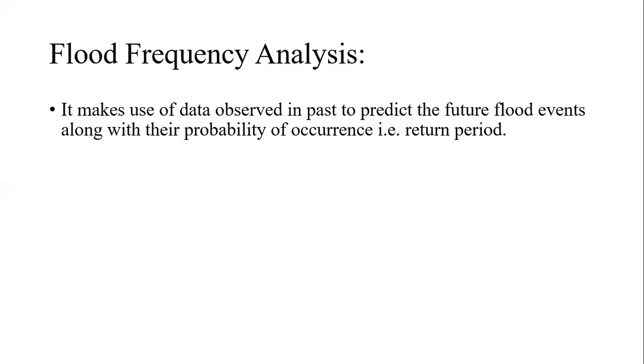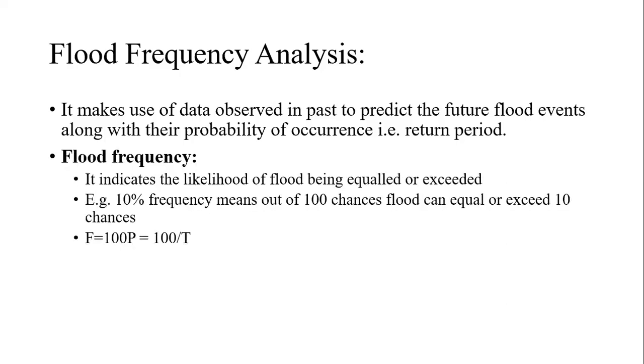Like with an unbiased die, when thrown, the outcomes are 1, 2, 3, 4, 5, 6, and we find the probability. Similarly here, the flood means the highest magnitude, that is 6. So when will it occur? 1/6, in one throw it will be 1/6. Here one throw is one event, one observation. Likewise if it has been thrown several times, say n times, then n/6 is the probability of occurrence. So here also we utilize the data recorded in the past for prediction of the flood, that is, the probability of occurrence.